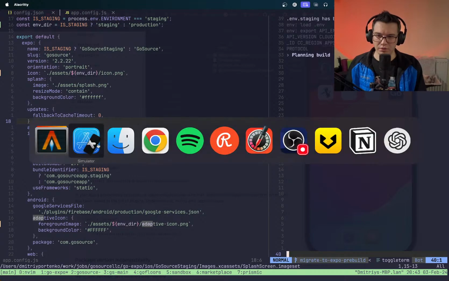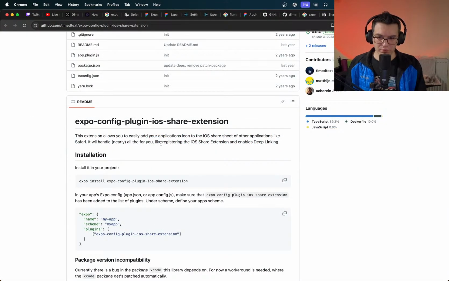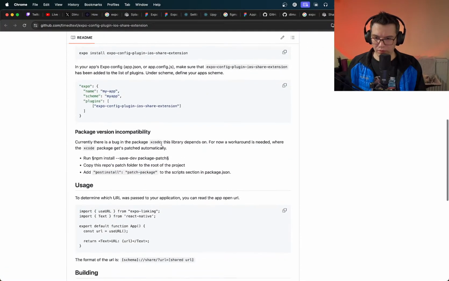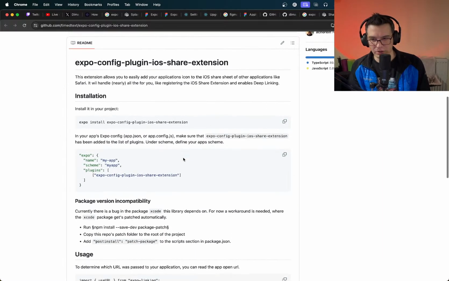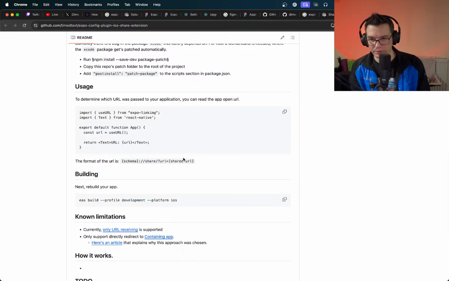So it's supposed to be cached. So to add your application icon to the share sheet of the application at Safari. Yeah, this is